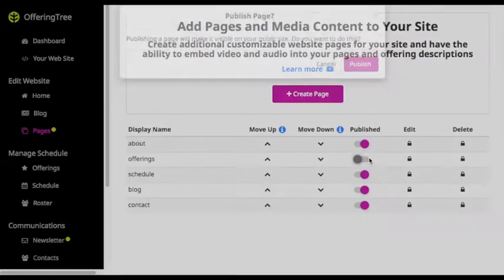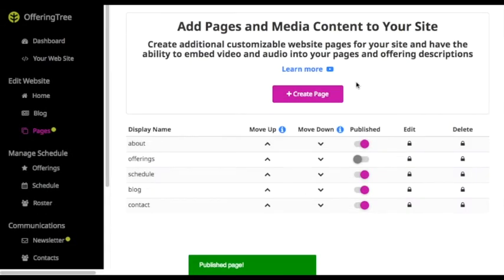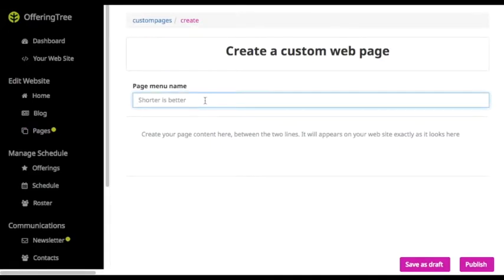You also now have the ability to create a new page, so you can create as many custom pages as you want, or personal web pages. So in this case, I'll go ahead and create a new page. Let's say I want to offer some resources to my clients or students, so I'll call this page menu resources,